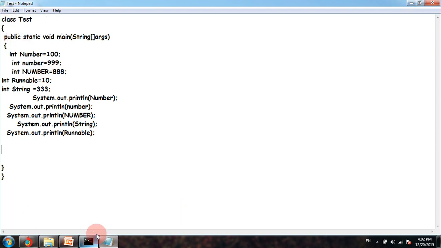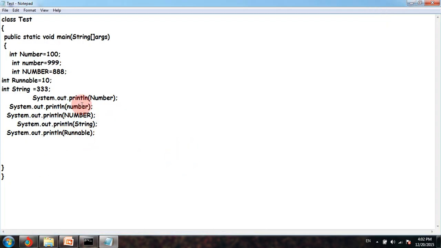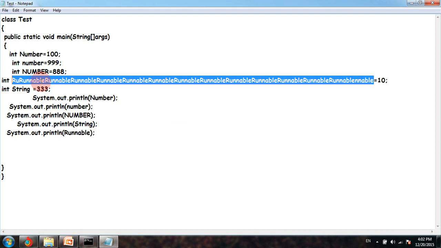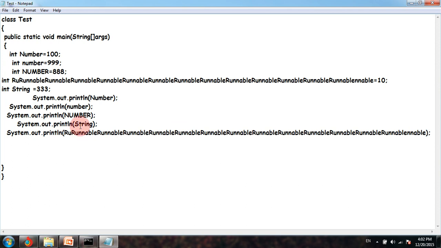So it's not recommended to use predefined Java class names and interface names as identifiers, although it is perfectly alright. One more rule says that we can use any length of the identifier. Say if I use Runnable and I just copy it many times inside the program. I think this much length is enough, and I copy it and paste it inside the printing statement, saving the